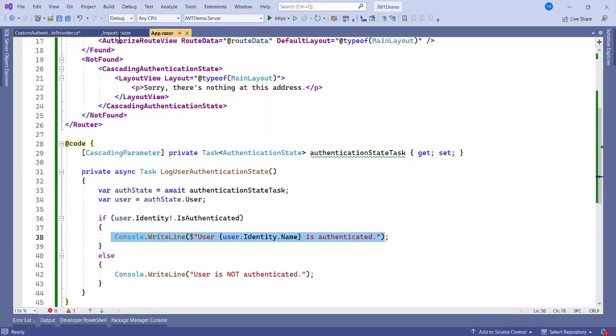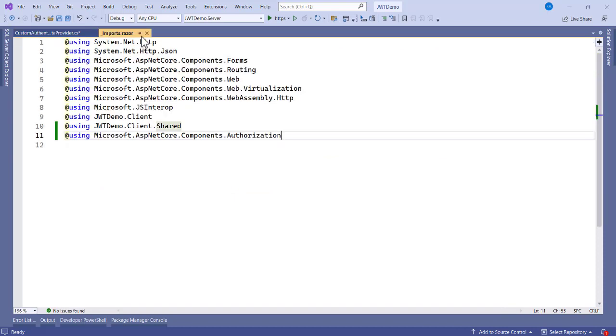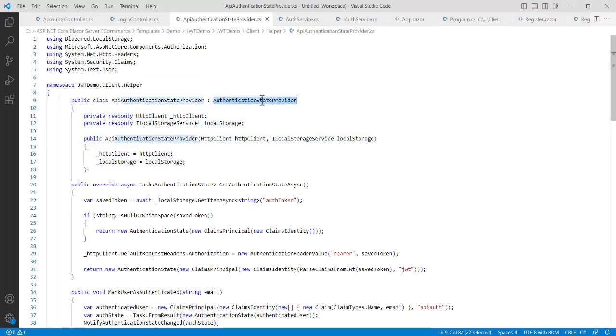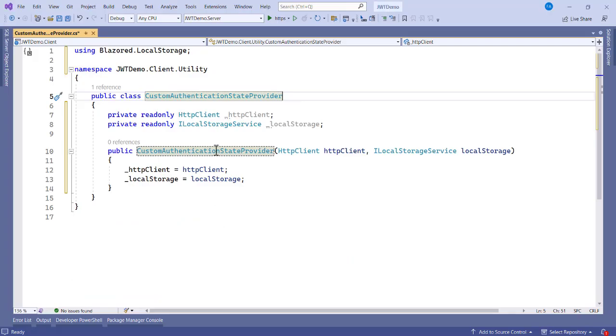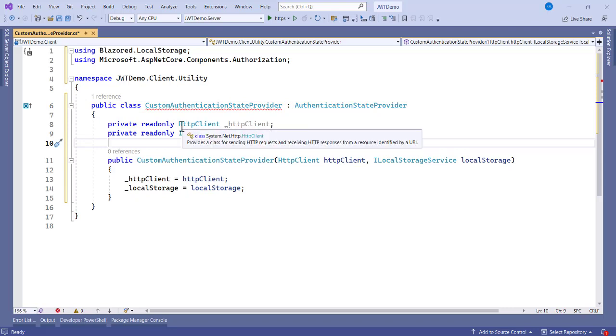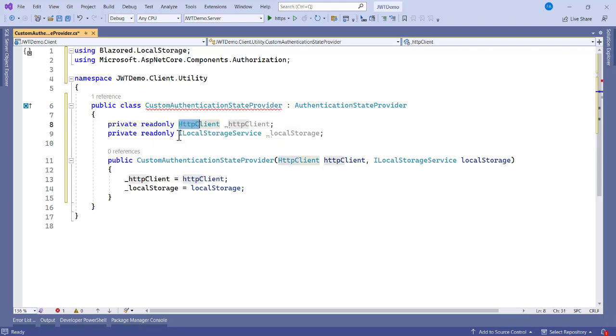Okay, so let's close that with the imports too. Now in here, we have to inherit this from the AuthenticationStateProvider. So let's inherit this over here. Okay, so now we inject an HttpClient and the local storage service, then we initialize them over here. The next thing that we can do